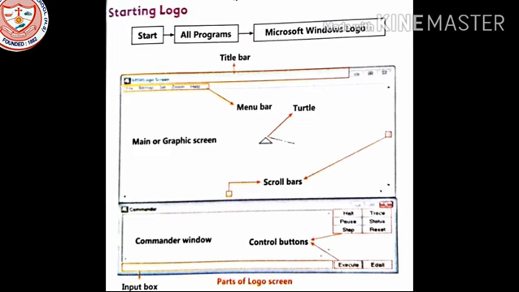Everything has a specific step, and when we follow it, it happens accurately. Like that, Logo also has some steps which we should follow to open it, so that our program opens without any interruption and very nicely.